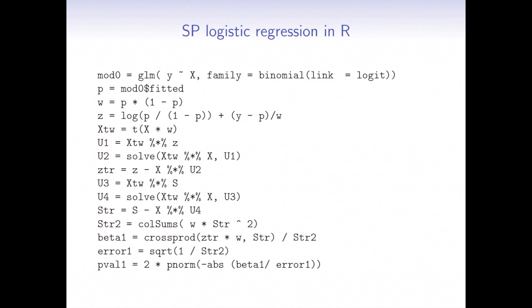Here I show how to do the full logistic regression in a semi-parallel way in R. So I'm fitting the GLM model once, omitting the SNP. Then I'm taking the predicted probabilities and I build the whole model. And here I'm transforming again in a careful and smart way. I'm doing the data transformation. And here I calculate my vector of betas and standard errors and the p-values.